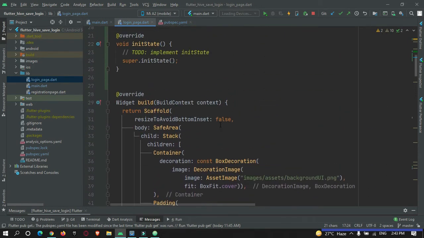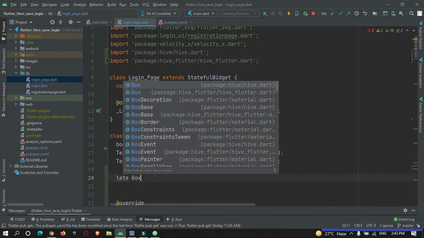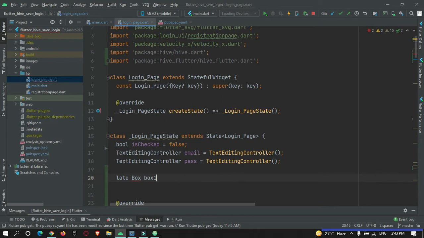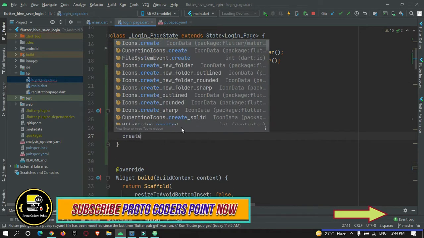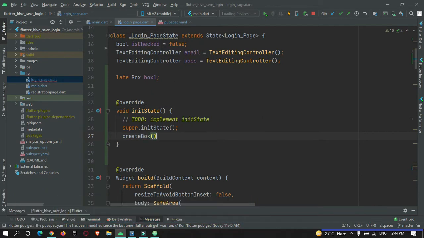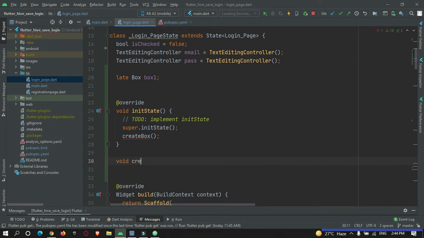Let's create a database to store the data that is entered in these text fields. For that, here let's declare a box and name it box1. In initState I will call a method, createBox. Let's create this method here, void createBox, and make the method asynchronous.